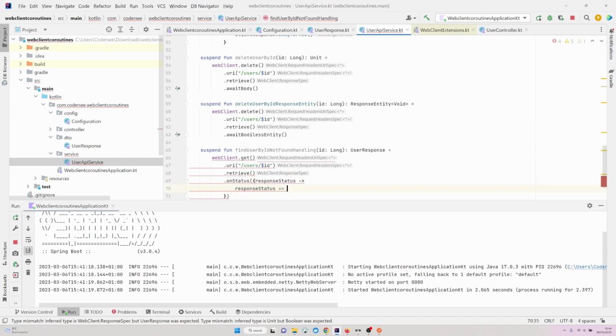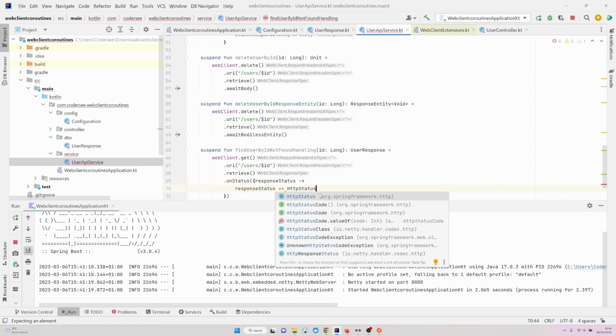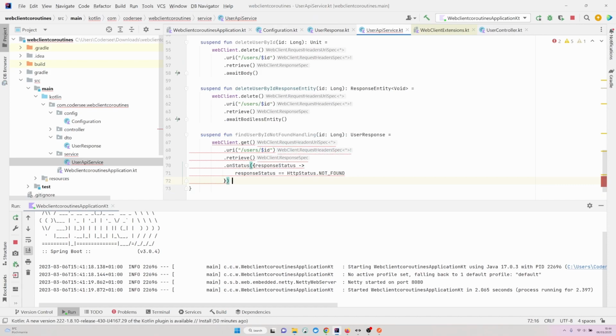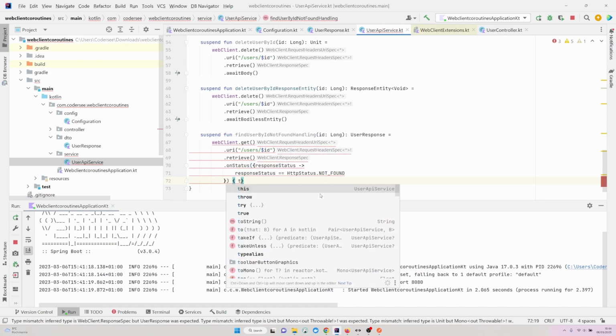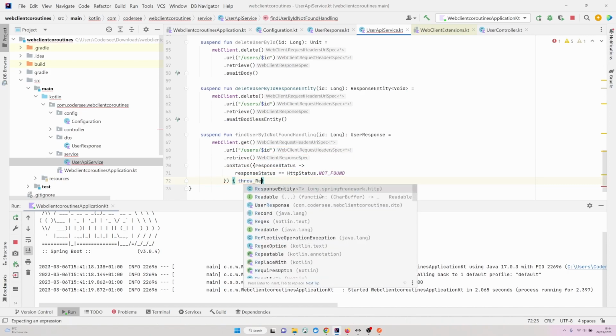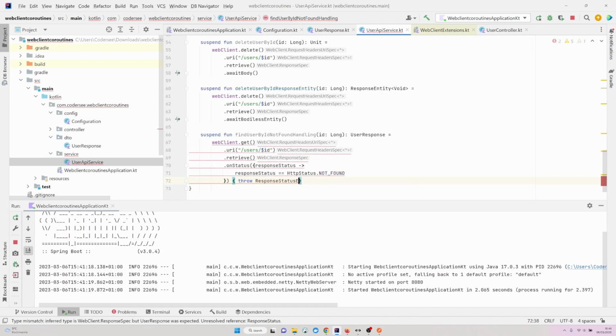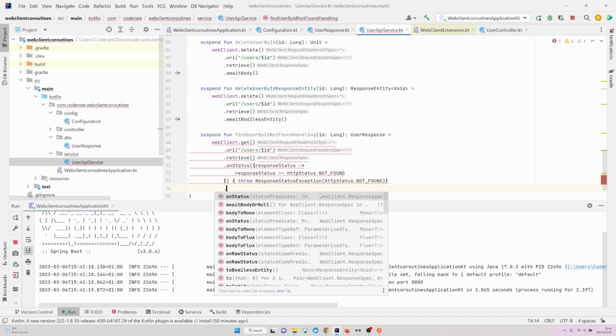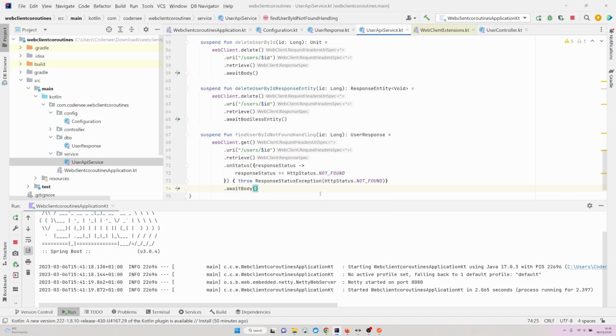Response status equals HTTP status not found, and I would like to throw a meaningful exception to our consumers, so throw response status exception HTTP status not found. Lastly, what we'll do will be simply call await body,